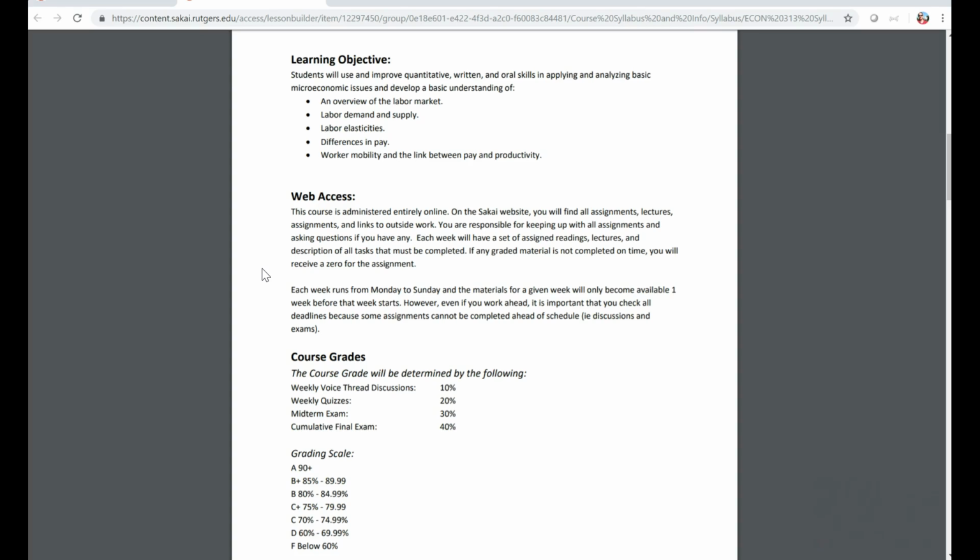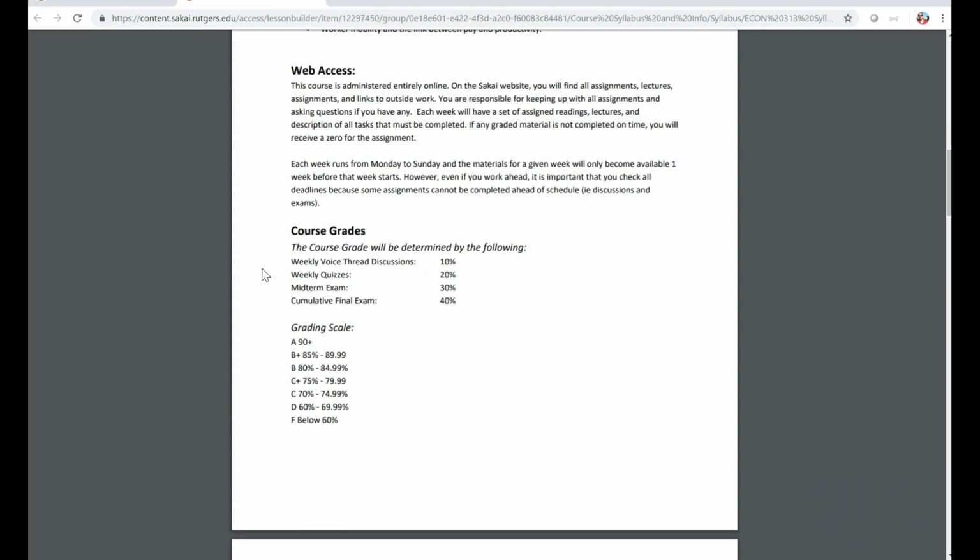Each week, there's going to be a set of assignments or tasks you have to complete. For the most part, they're going to be due on Sunday, but there are some exceptions. Most importantly, with the VoiceThread assignments, which I'll talk about in a second, you're going to have 2 posts, one by Wednesday, one by Sunday. Here's the breakdown of the course grades, the grading scale,